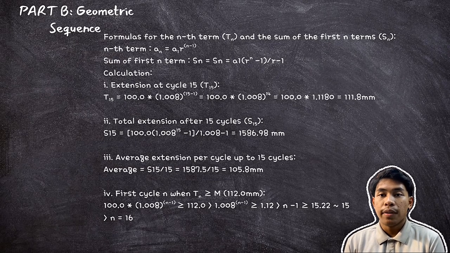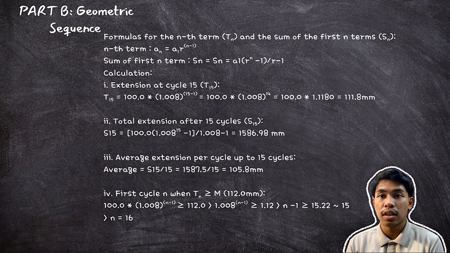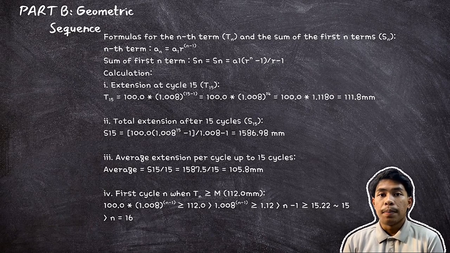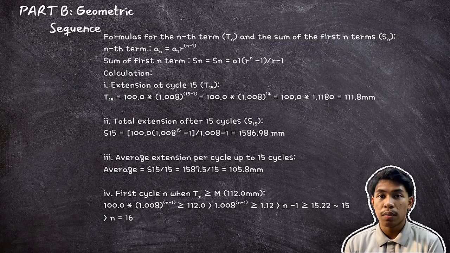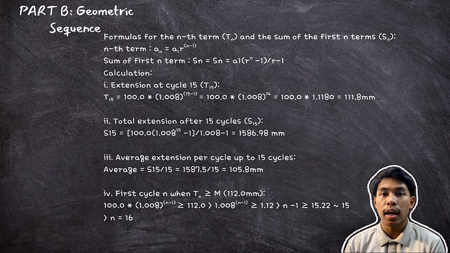mm. Finally, for the last question, I determine the first cycle when the extension reaches or exceeds the maximum limit. The maximum allowable extension M is 130 mm. Using the nth term formula, 100 multiplied by 1.008 to the power of (n minus 1) is greater than or equal to 130. After simplifying, I get that n minus 1 is greater than or equal to